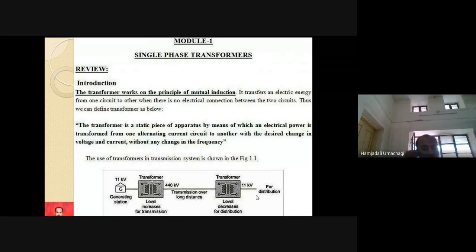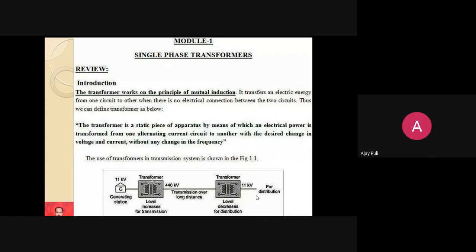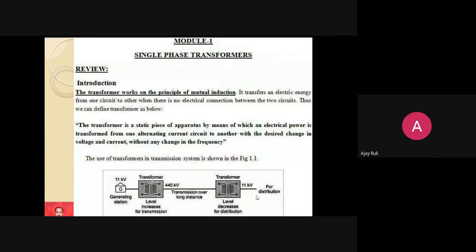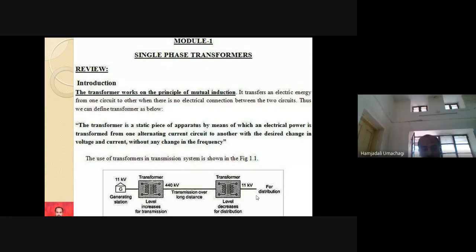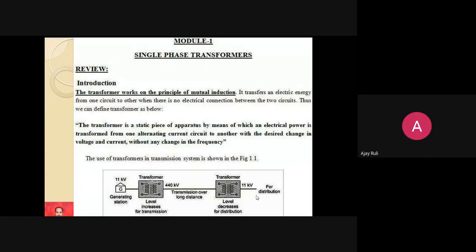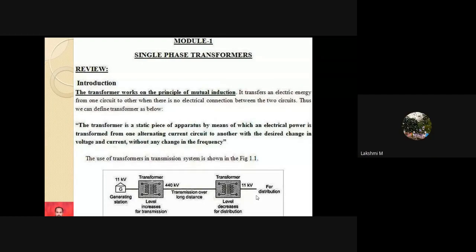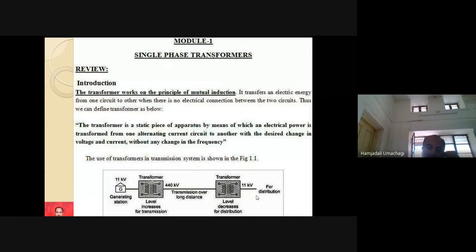Usually, we being domestic consumers, what type of supply are we using for household applications? 230 kV. Sorry, sir, 230 volt. Very good. So if it is 230 volts, is it single phase or three phase? Single phase. Very good. So always remember, for our household application, single phase power supply is sufficient.